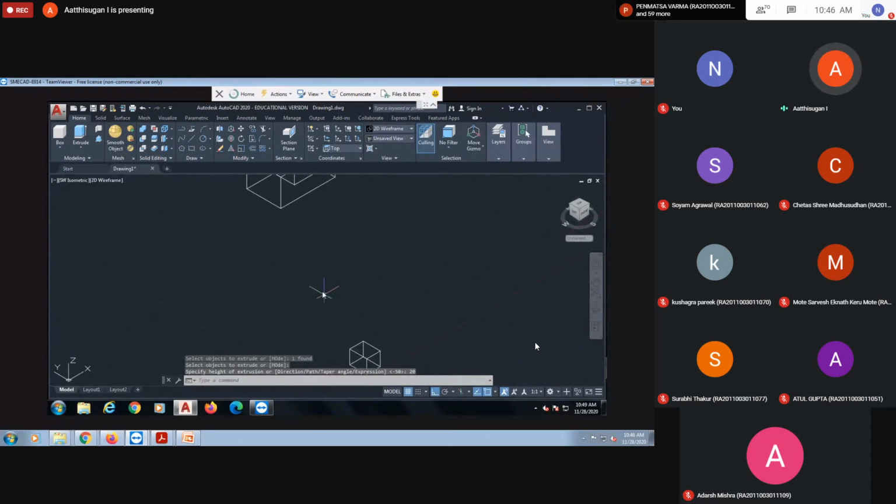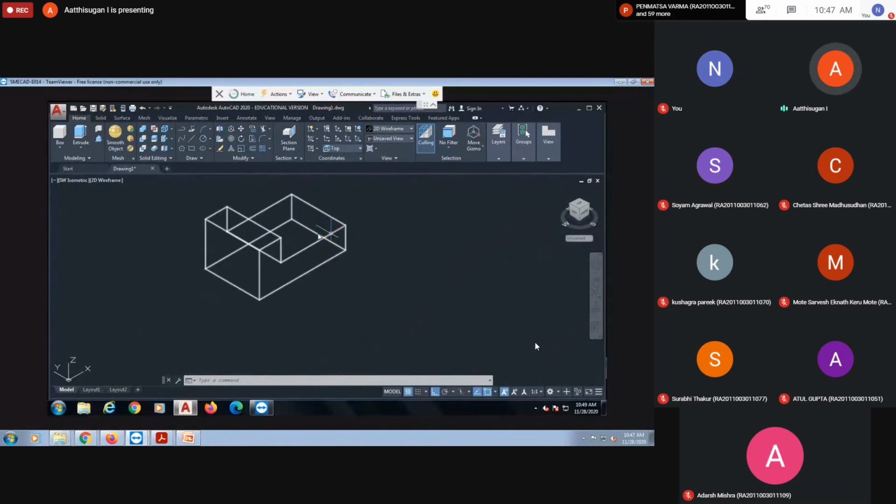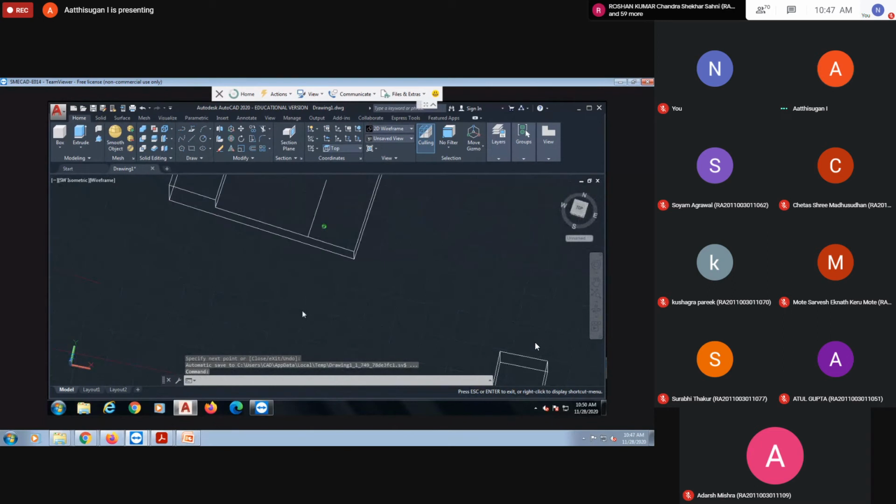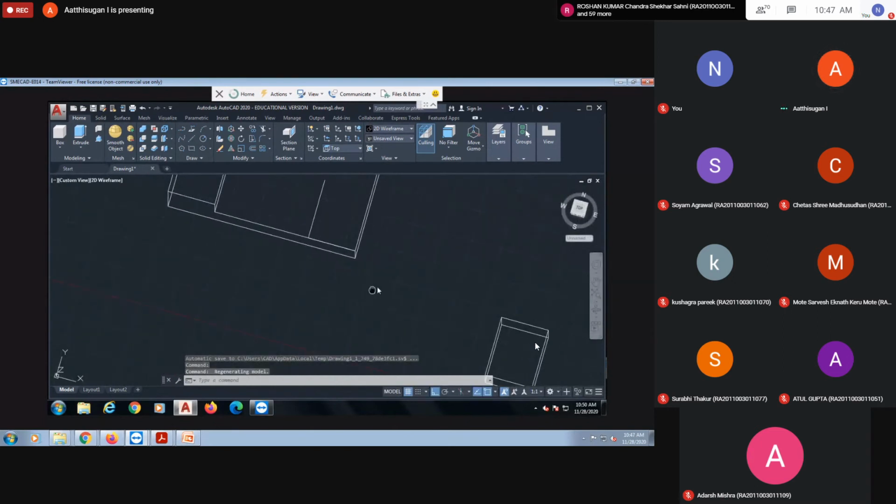Next, I'm going to move. Before that, I want to ensure the distance here is exactly 20 mm. For that reference I'm drawing one line, from here to here is 20, then here to here is 25. I drew one line but it is not visible, so I'm going to just rotate. Like this it will be there.